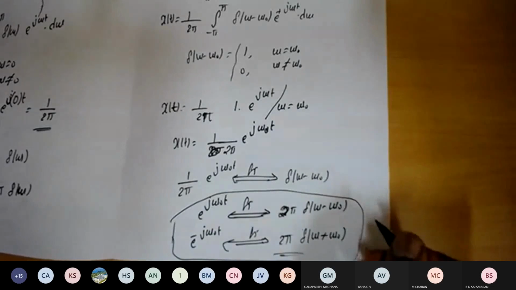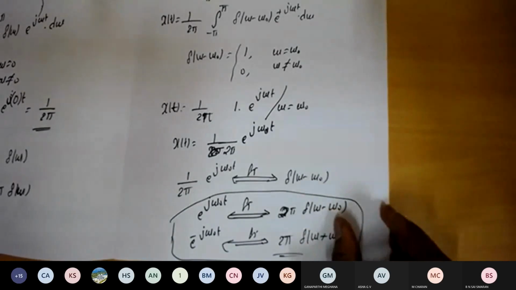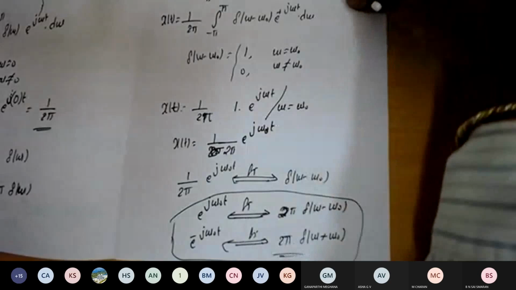So based on this result, I'm going to consider the Fourier transform of the cos function and sine function. Let us see how we can derive that one. Okay, so let us take the next problem. Find the Fourier transform of